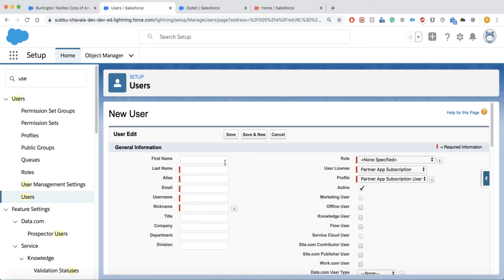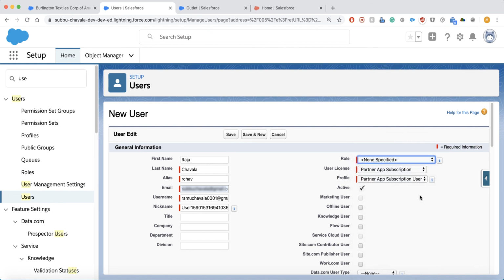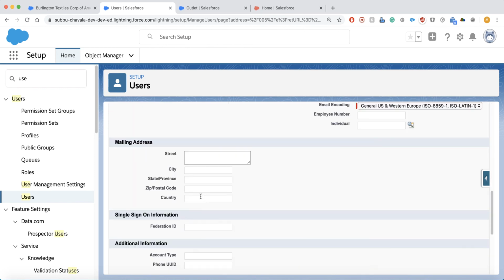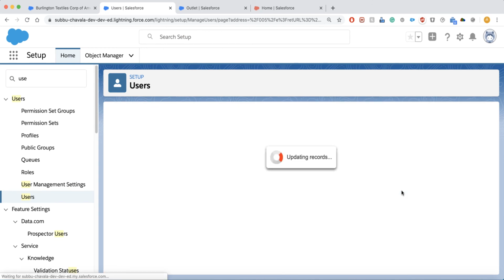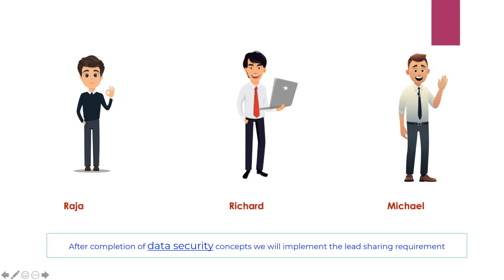Just create Raja. You can give the username based on the requirement. And this has to be a working email. Why? Because we will get the credentials at this email. Then if you have a role, we can assign that role to him. Select that one or else just leave it like that, and assign the license to him. Right now I'm going to assign the Salesforce platform license. Then based on the business requirement, we're going to enable these checkboxes. And he's working in India, right? Just fill this, uncheck this and click on save. So that's the way we create the users. I'm going to explain later how this example is going to work.